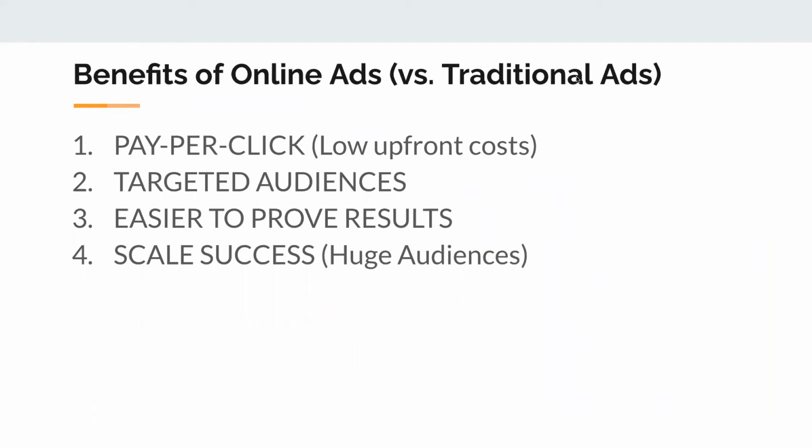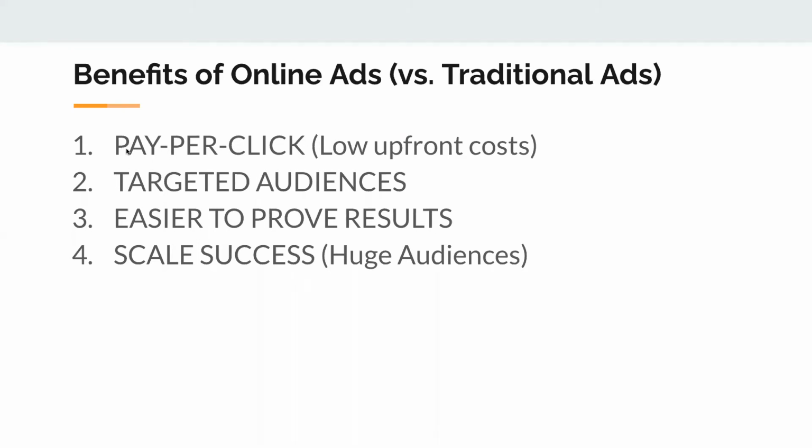This is just my opinion as to why that's the case and why all advertisers are going away from traditional ads to Google ads. And this first one is its pay-per-click model. And it's kind of confusing to communicate this with people. The most common question I get is, hey, how much does Google ads cost? Before I answer that, traditional ads, for example, in a newspaper or magazine,